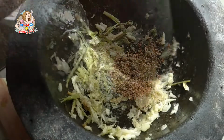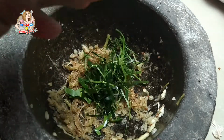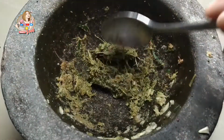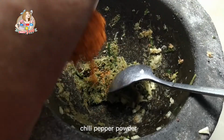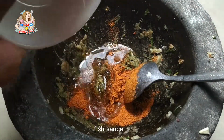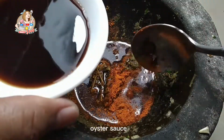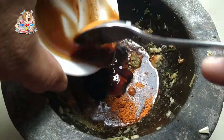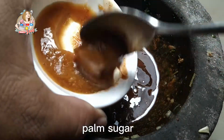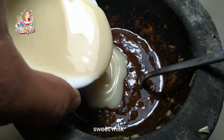pepper powder, kaffir lime leaves, chili pepper powder, fish sauce, soy sauce, oyster sauce, palm sugar, sweet milk,